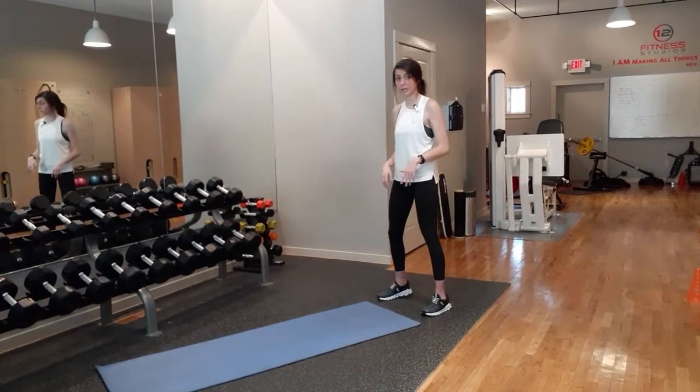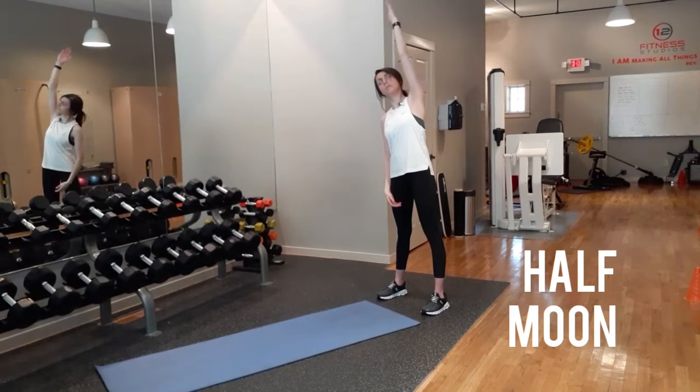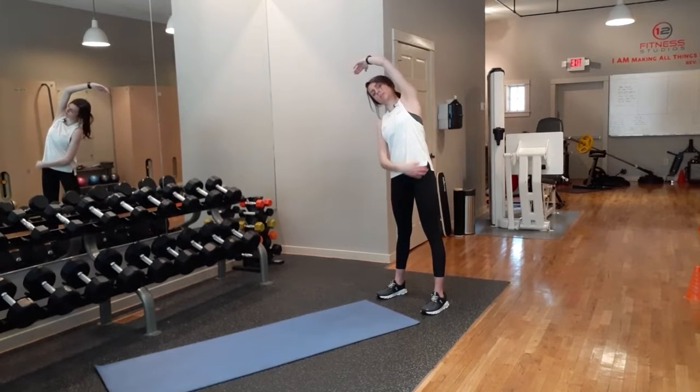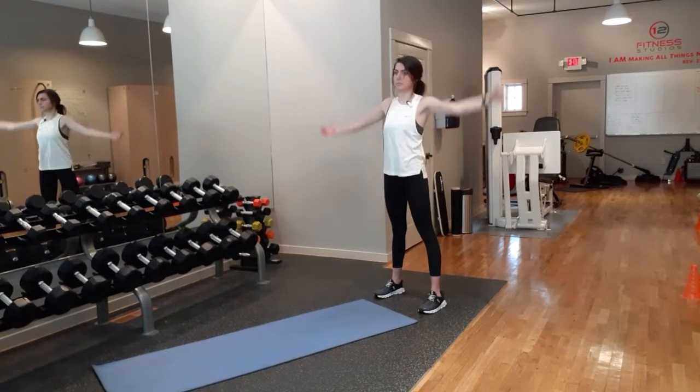So we're going to start today with our half moon stretch, and the way you're going to do that is bring this arm up, over, and then to the opposite direction. You're going to get a nice stretch through that oblique. And then you're going to swap arms,